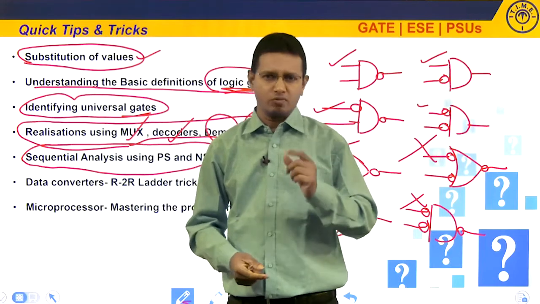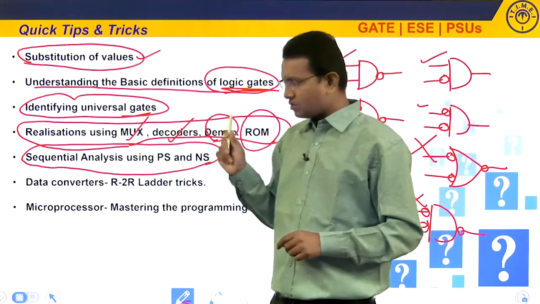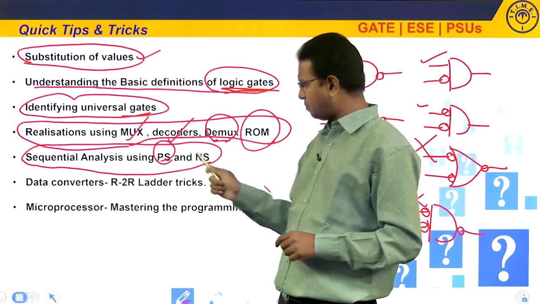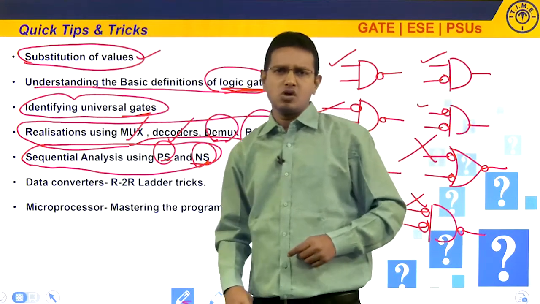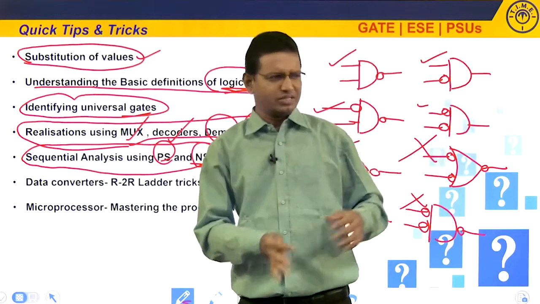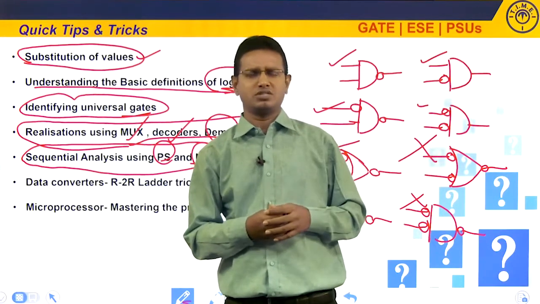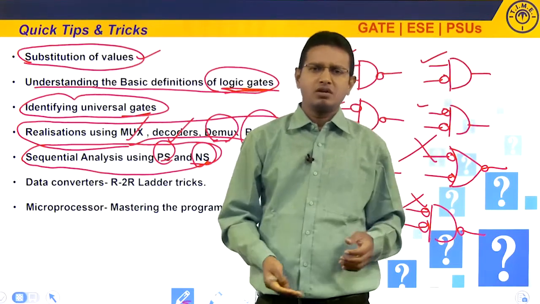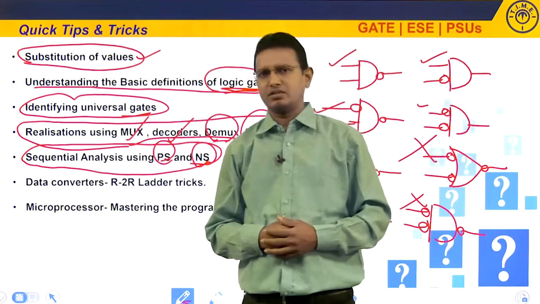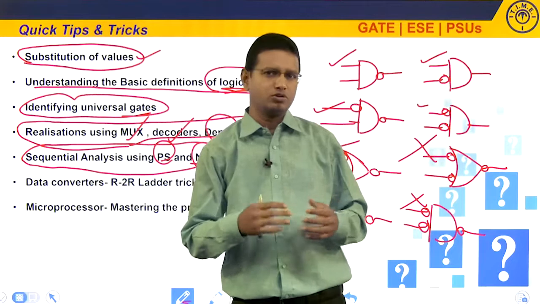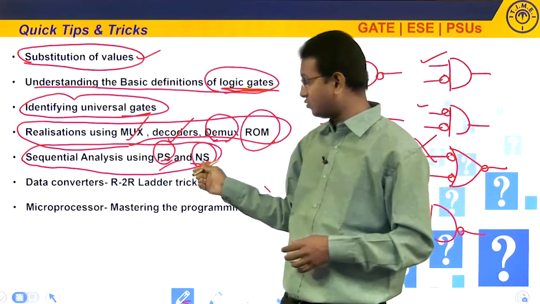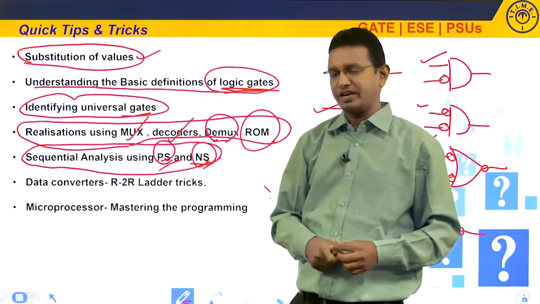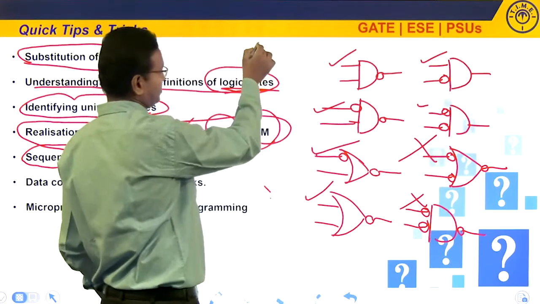Here you should remember one thing. When you are doing sequential analysis, always focus on the present states as well as the next states. For example, suppose a circuit is given with some flip flops, clock signals, some gates connected and some feedback, and the question asks what the state is after 6 clock pulses. In that type of question, you have to find out the present states and the next states. How do you find them? For each flip flop,